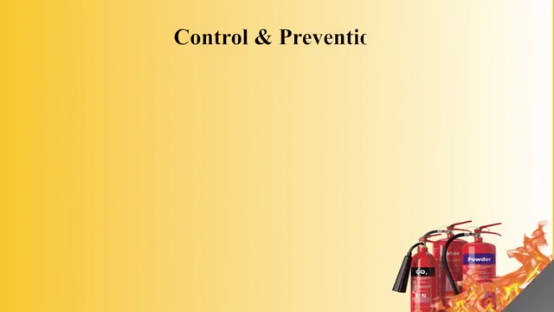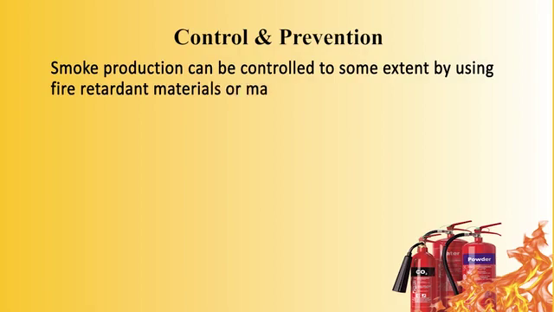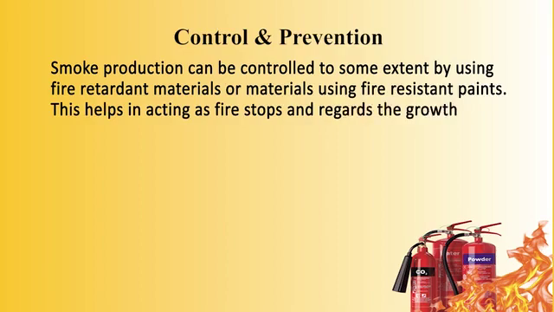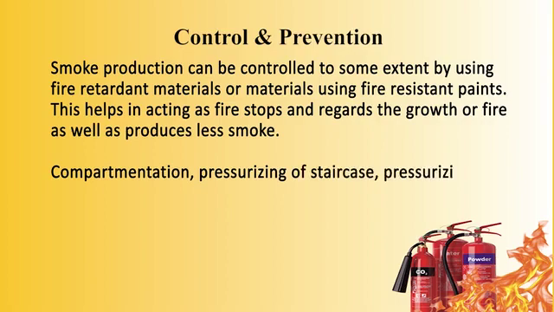How to control? Smoke production can be controlled to some extent by using fire retardant materials. These are passive fire safety measures, or materials using fire resistant paint. This helps by acting as fire stops and restricts the growth of the fire, so the fire also produces less smoke. Now, the compartmentation, pressurizing of staircase, pressurizing of main means of escape, pressurizing lift lobby,